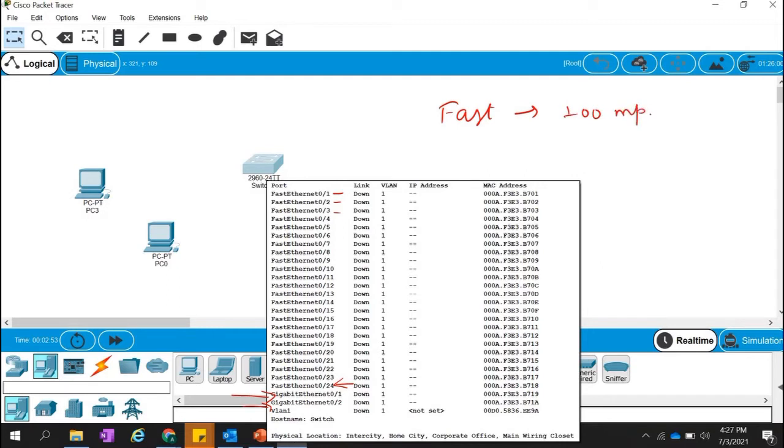100 Mbps, Fast Ethernet port. And normal Ethernet port is 10 Mbps. Fast Ethernet is 100 Mbps, and after that we come to Gigabit Ethernet.